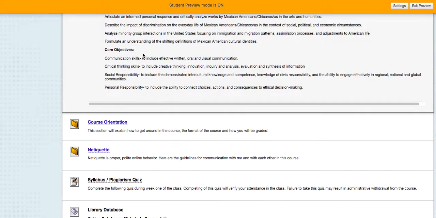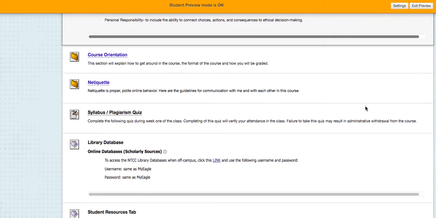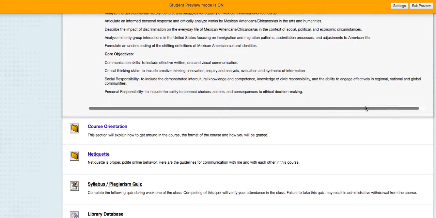Some skills that we are going to foster in you and put to practice are your communication skills and critical thinking skills, and of course this is a humanities class, so we're going to look at social responsibility, human responsibility. What role do you play in society? And then, of course, your own personal decisions that you make. We're going to focus on developing that skill as well, some personal responsibility.